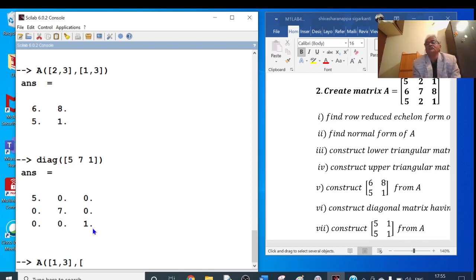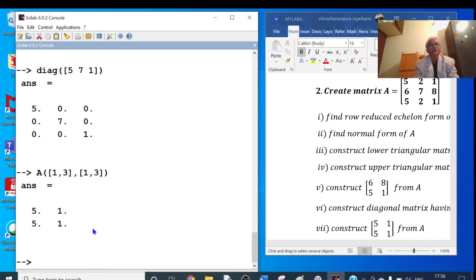I have to take the first column and the third column. So here I will type 1 comma 3, close the square bracket, close the parenthesis. Yes, now enter. 5 1 5 1. Okay.